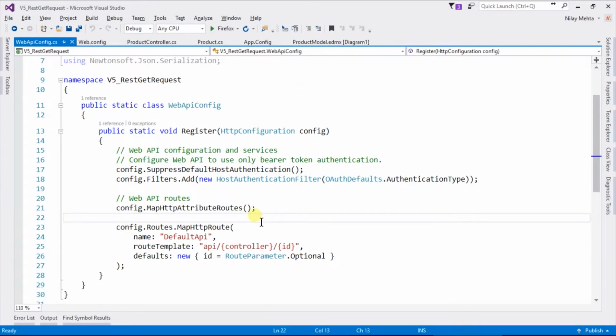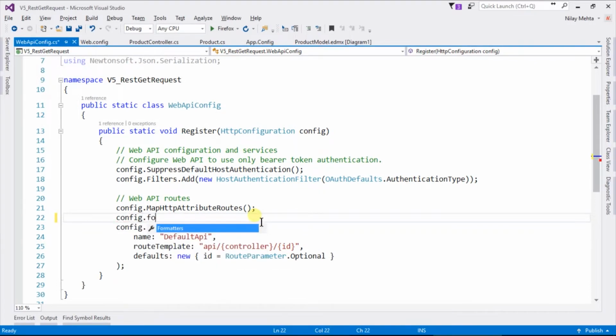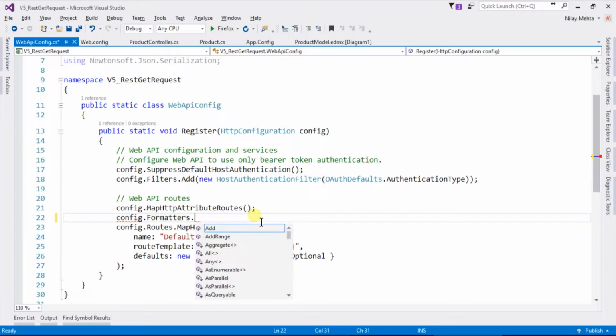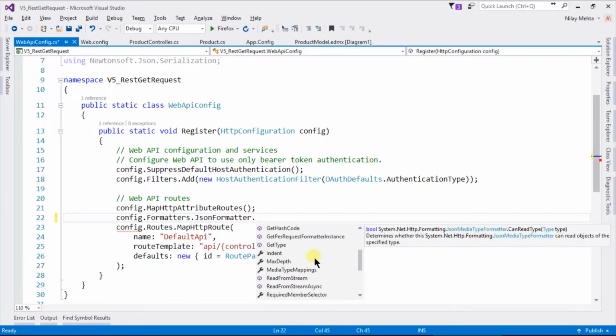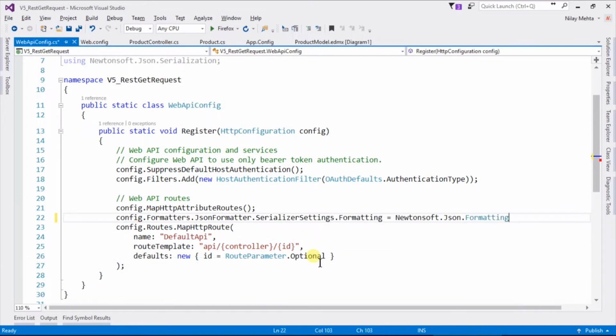We need to write config.Formatters, which will return all of the formatters supported by our API, from which we need to write code on the JsonFormatter, which contains the methods and properties for ordering our JSON format. From that we select SerializerSettings.Formatting equal to Indented,